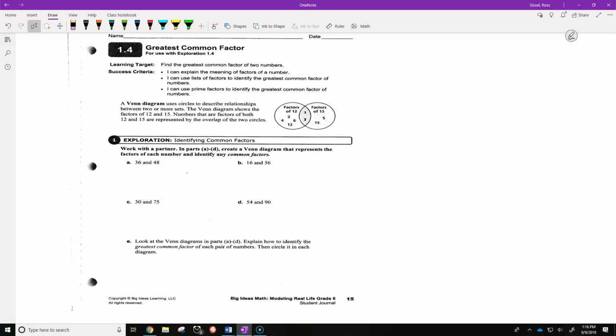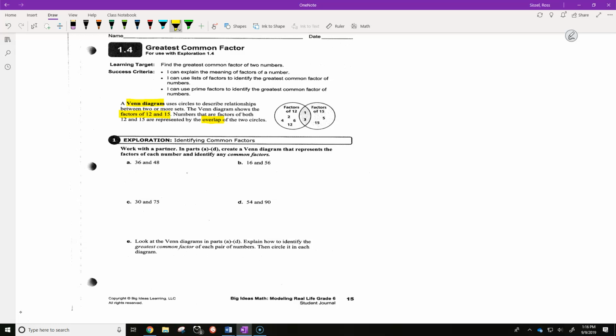Okay? So, I'm going to start reading on this while you're turning. It says, a Venn diagram uses circles to describe relationships between 2 or more sets. The Venn diagram shows the factors of 12 and 15. Numbers that are factors of both 12 and 15 are represented in the overlap of the 2 circles. Mainly, we use Venn diagrams a lot in reading and writing to compare information, to compare and contrast, and that's